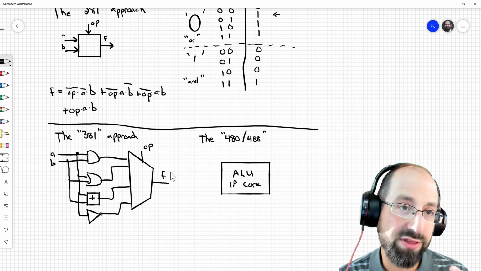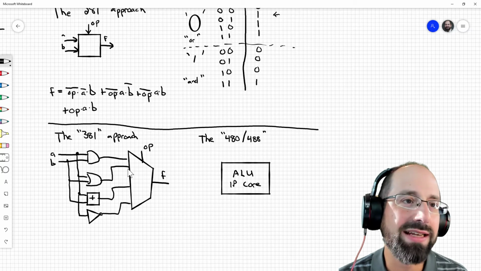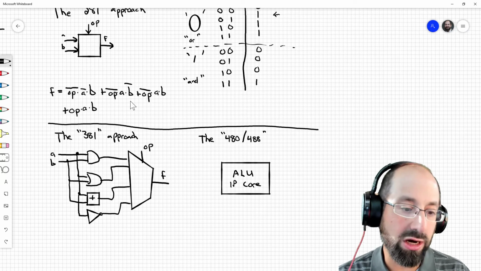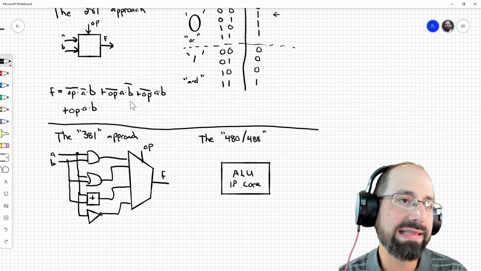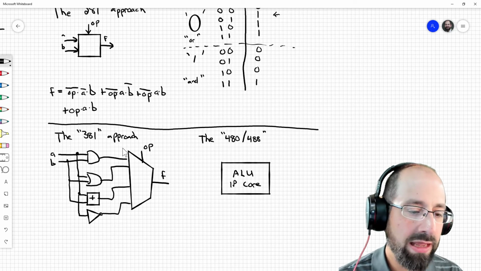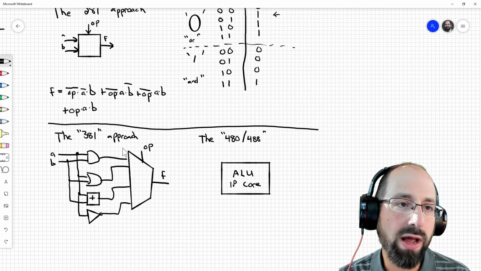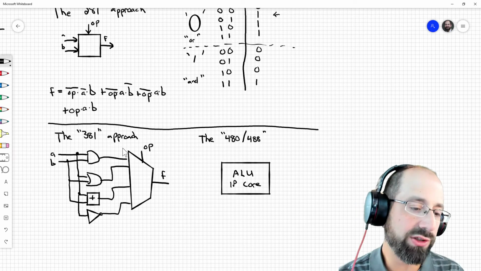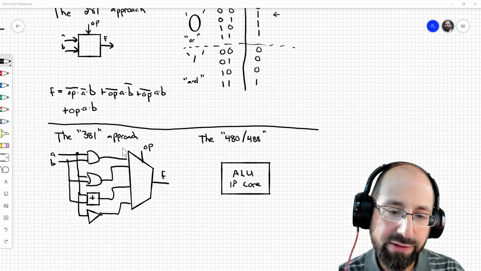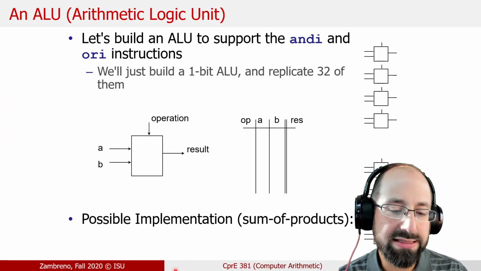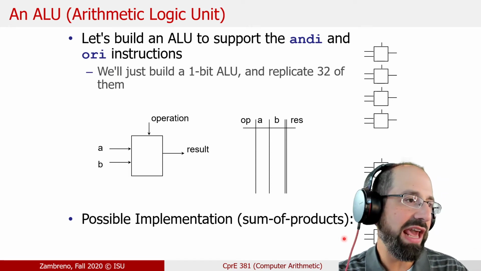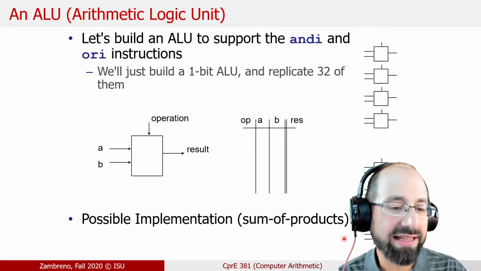Anyway, so our approach this semester in this class, that's what you should care about today, is a little bit of both. We sometimes drop back down to that 281 approach if we're trying to understand things like how overflow gets calculated. But the 381 approach, both for just designing our ALU, as well as for interfacing with all the functional units in my system, is where we find that sweet spot this semester. Goes back to that fundamental question of, since that is our approach, why are we designing a single bit ALU in the first place? And I think that's a valid question,